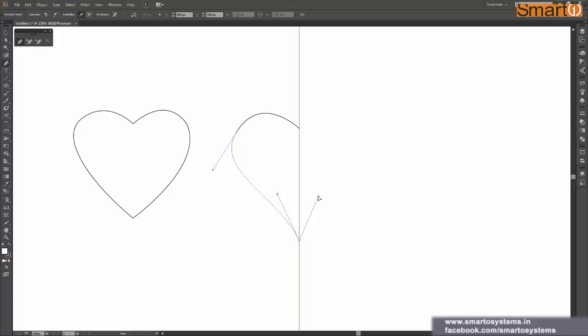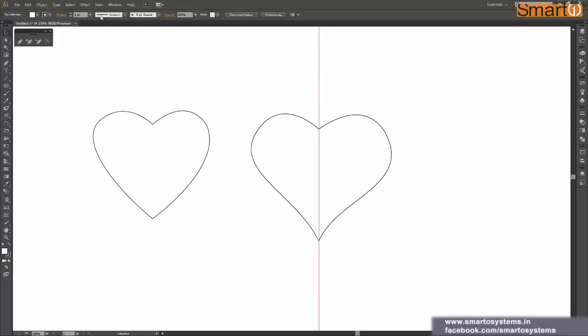The placement is excellent. So I can release my mouse click first and release my Alt key, and have my pen tool back. So after this I can again continue my shape, something like this. Now this is not proper, so I can undo it, place it again, till I think it looks fine. Again over here I think we are overshooting the tangent, so press Alt key at the same time before releasing your mouse click, and till I adjust my anchor point tangent to here, and here I can release my mouse click and Alt key, and here also I can just adjust it like this.